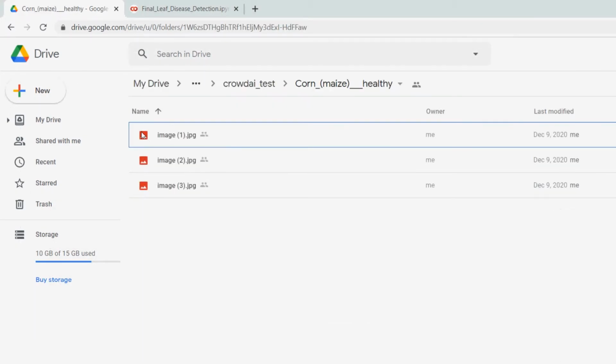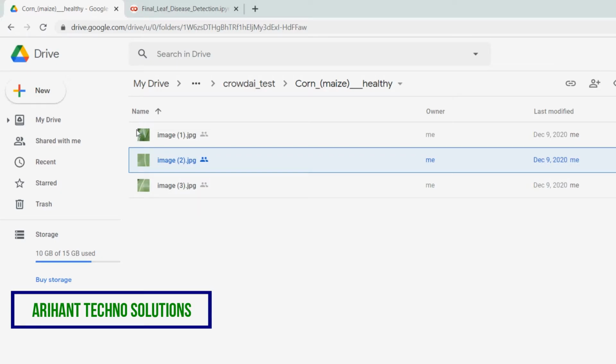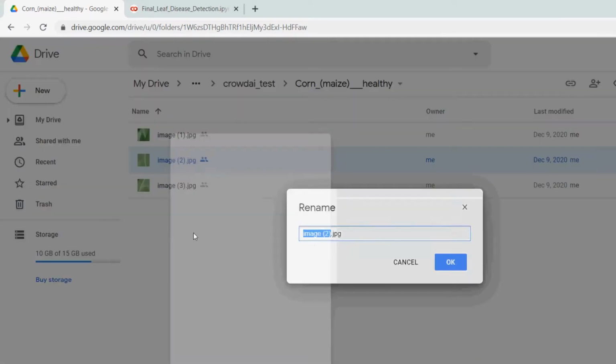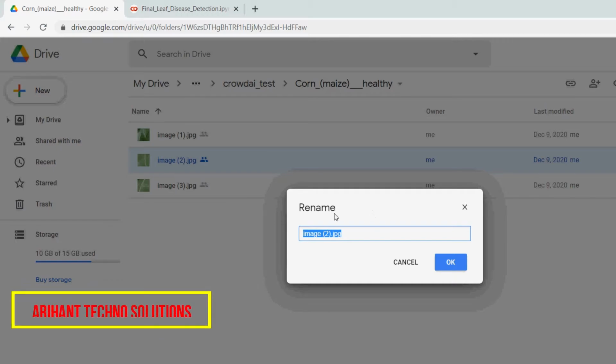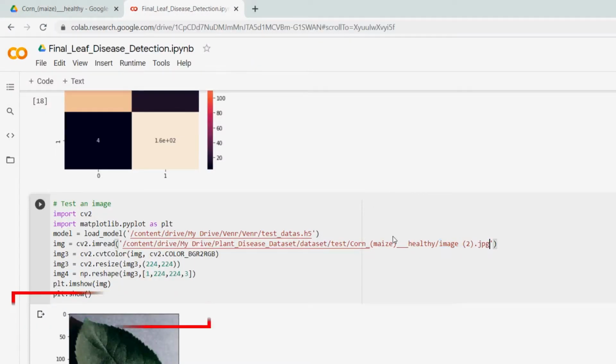Within this I select this image, otherwise I can select any image, no issue. I copy this and paste it over here. So the dataset path should be verified.